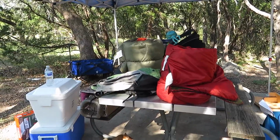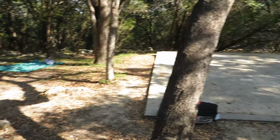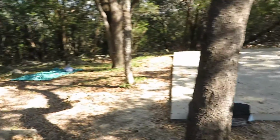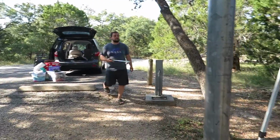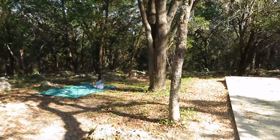Right now we are at the store getting some ice and some sunblock, and then we will be on our way to the campground. So we're in the process of setting up camp now. There's our tent pad, and then we have some rocks and trees on this site. Got water and electric. And over here,